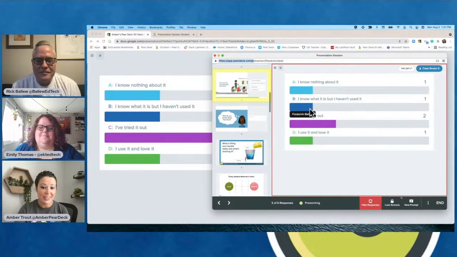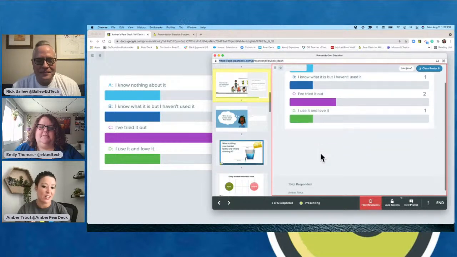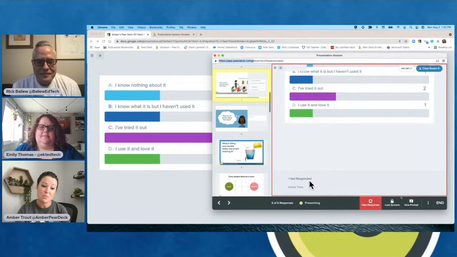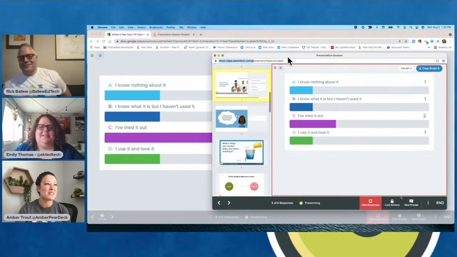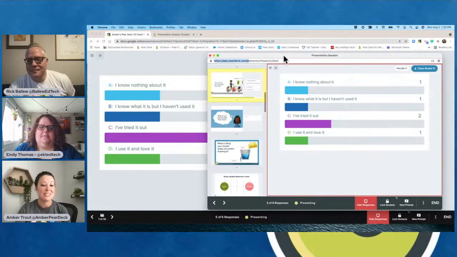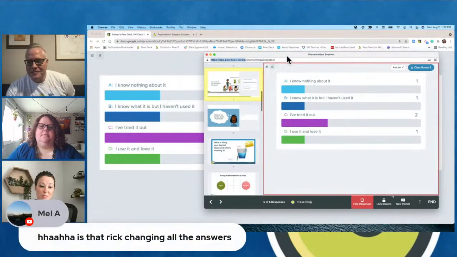Looks like we have Cora in here today. We have lots of people in here, but you can see that this is going to tell you the names by hovering over them. You can even see at the very bottom the name of the people who have not responded, so you know if those kids still need to go back and do the work, like myself. So the teacher dashboard is going to be a premium feature, and it's going to be something you're all getting with the 90-day free trial, but be sure that you know this comes with that premium feature.